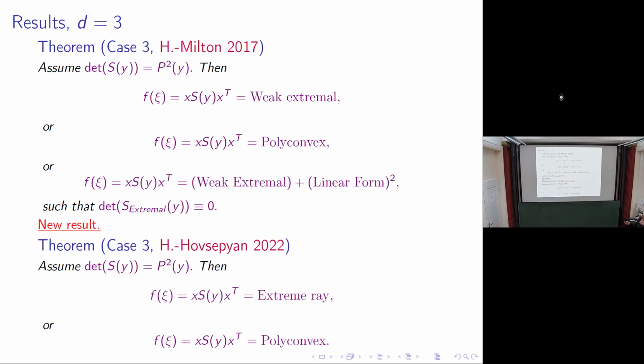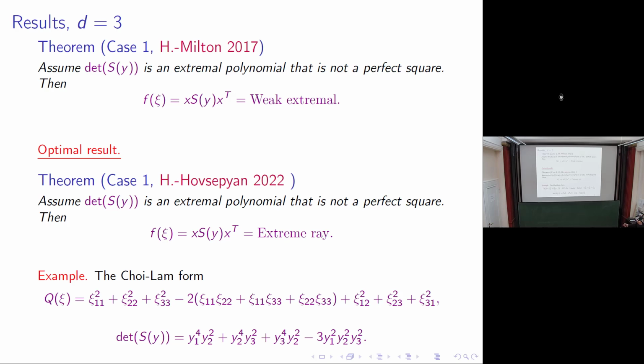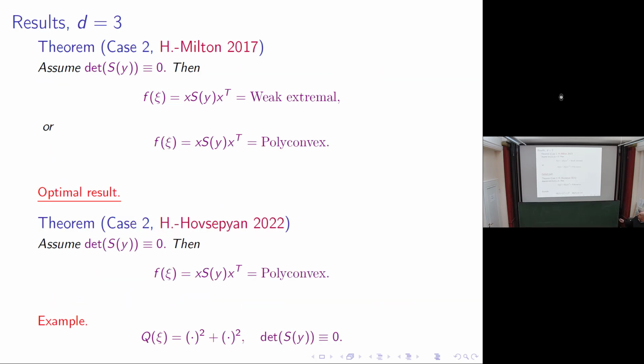So in the first case, this is the optimal result because you cannot prove better, right? It's an extreme ray, and this example shows that you cannot prove better, and that's it. Also in this case, this is the optimal result. It's polyconvex